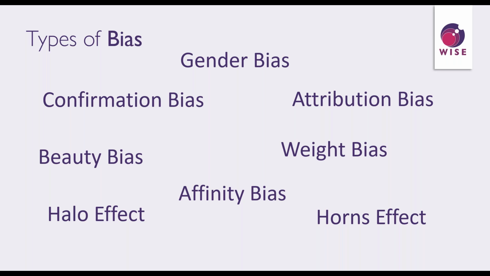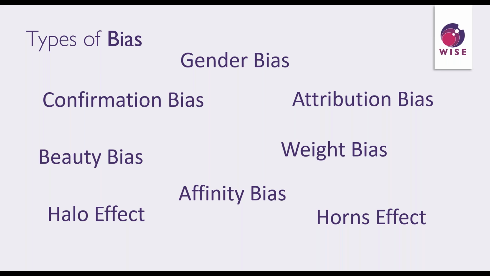There's the halo effect. So the halo effect occurs when we perceive one great thing about the person and let that halo glow of that one thing colour our opinions of everything else about that person. For example, we may notice that someone went to a really highly regarded university, or they've attained a really high grade in something, and we tend to let this achievement influence how we see everything else about that person.